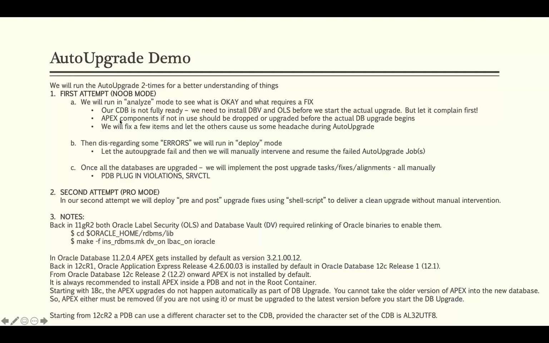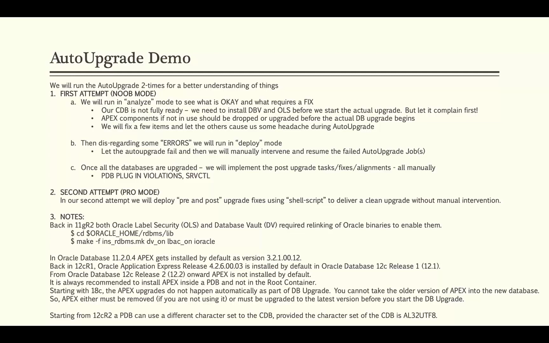Another deliberate component that I have chosen is in my 12.1 database, 12c release 1, I have installed Apex components. So the Apex components are of an older version, 4.2.6, and nowadays Apex, starting from 18c and onwards, is not upgraded as part of DB upgrades, because understandably so, Apex itself used to take around 45 to 50 minutes of the upgrade time, which is precious downtime during the actual process.